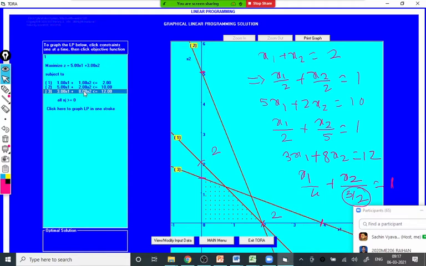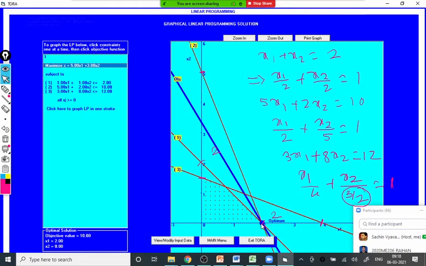So you will observe exactly the same points. This is the third line, and you will observe the region is towards the origin for all 3. This dotted region is the region which satisfies all the 3 constraints. How many corner points did we get? 1, 2, 3, and 4. If we have to solve it by the graphical method, we should calculate the value of Z at each of these 4 corner points, compare all these values and get the maximum answer. Here the maximum occurs at this point, 2, 0.